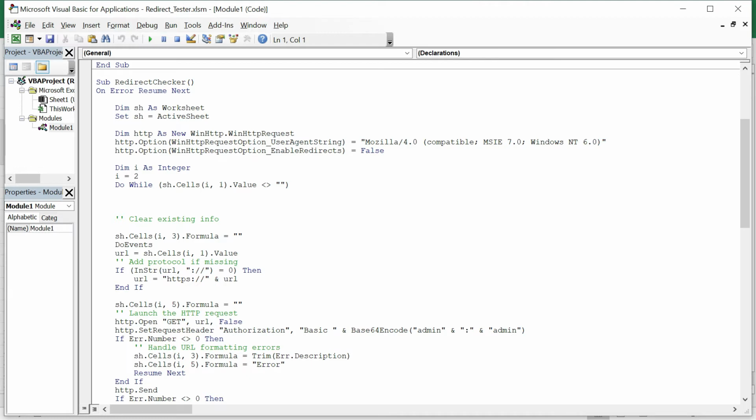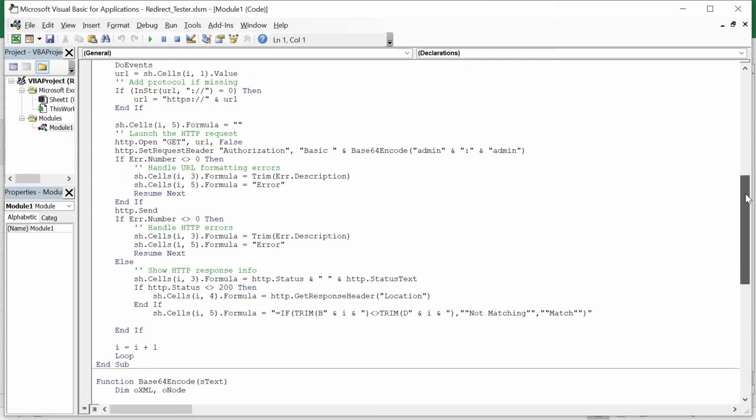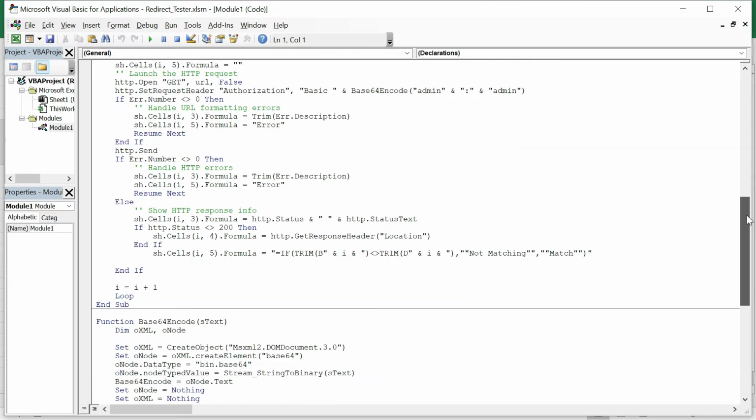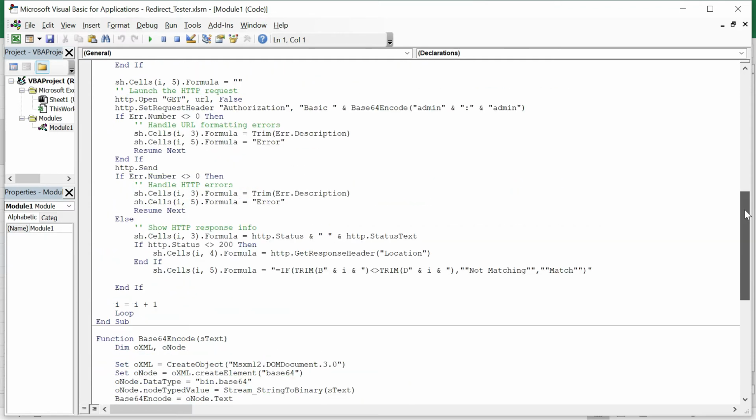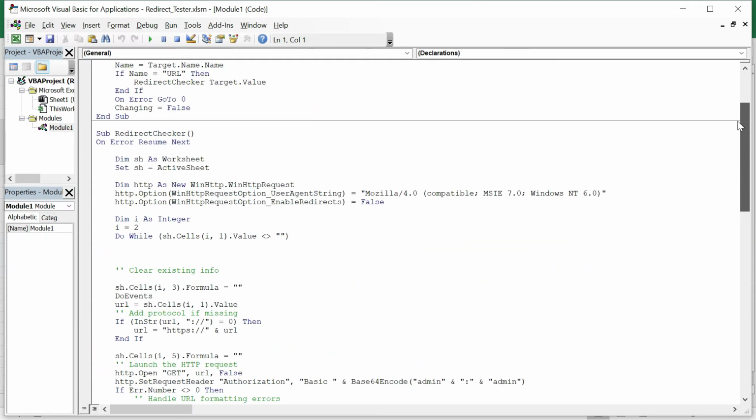Now we need to enable the code that will do the validation, that will validate or test the redirects. It's a very simple thing. Anyway, I will be sharing the code and this Excel in the description, so you can refer to that. It is just connecting to that URL, checking the status of that response, and displaying accordingly. You will be able to specify as many redirects as you require in the Excel. One by one, this macro is going to test them.